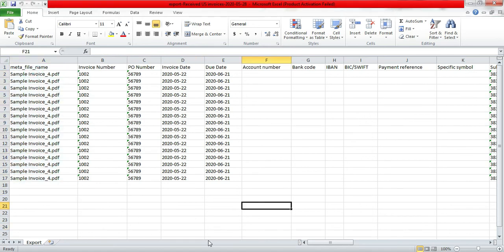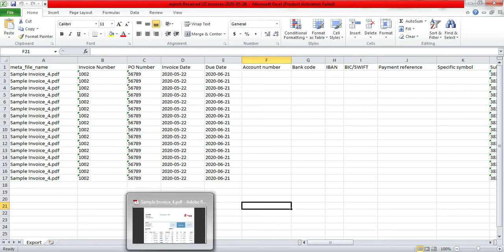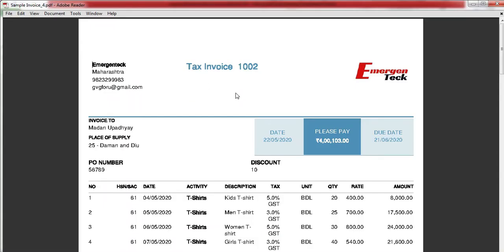So this is about the invoices which were produced on the system and directly converted into the PDF. So they are very clear and crisp. Now we will take a look at the invoices which are received in hard copy and converted into PDF by scanning those. In my next video, we'll talk about that.